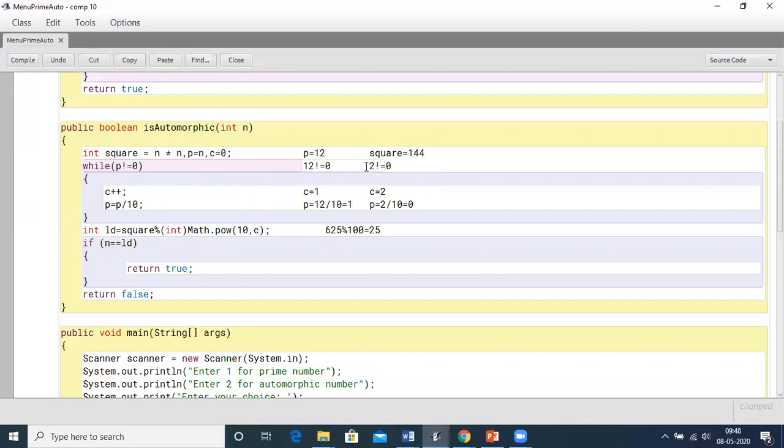For the next number, in the same way, 1 is not equal to 0, so C will become 2. So we get to know 12 also has 2 digits, so C is 2. Now the square of 12 was 144, so the remainder will be 44. Modulus is used to find the remainder. Now here we see that 44 is not equal to 12, the original number. So it will return false.